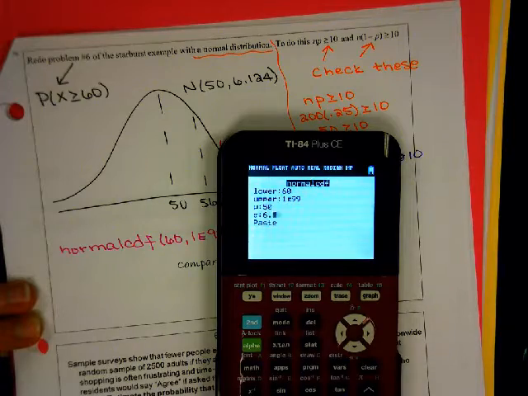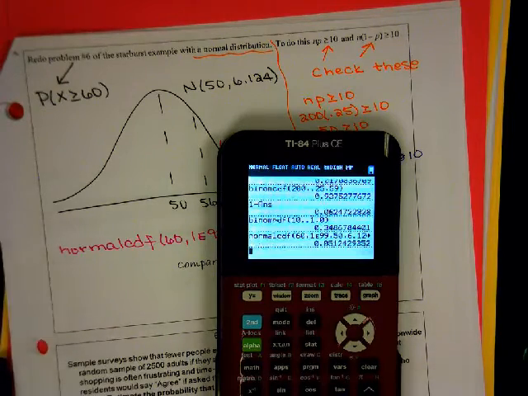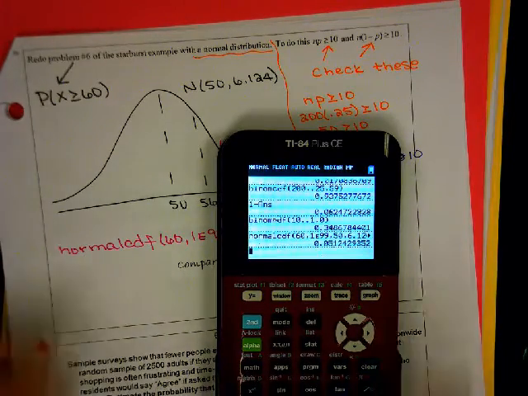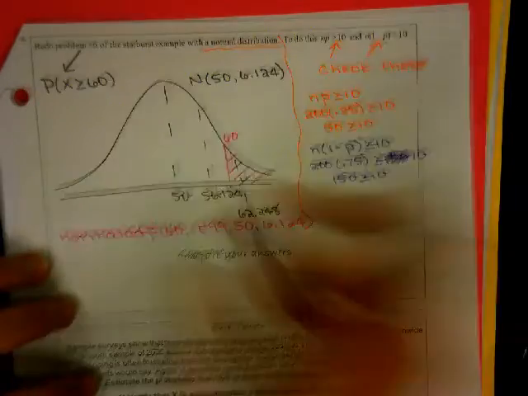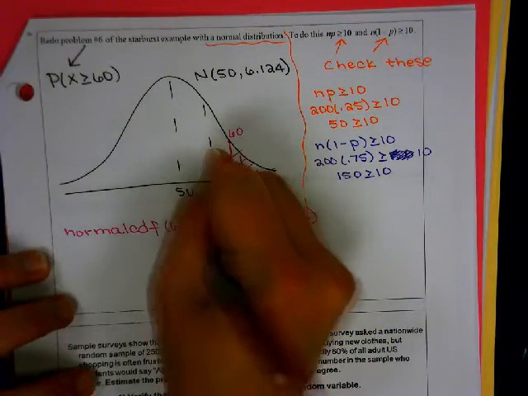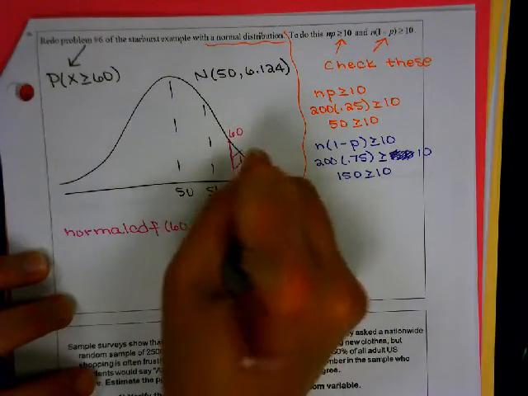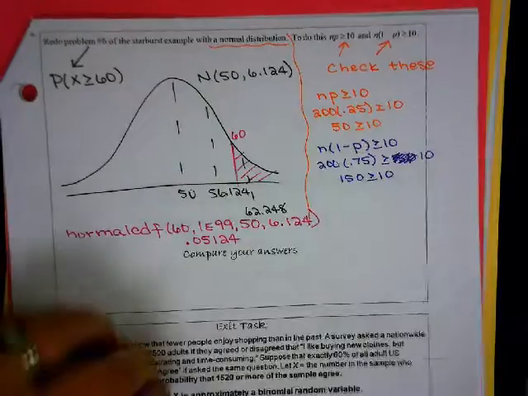So if we go back and compare, we had 0.0625 and 0.05124. They're pretty similar. Go ahead and try the exit task, and good luck on your homework, and I will